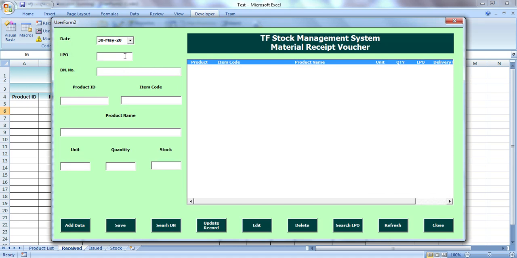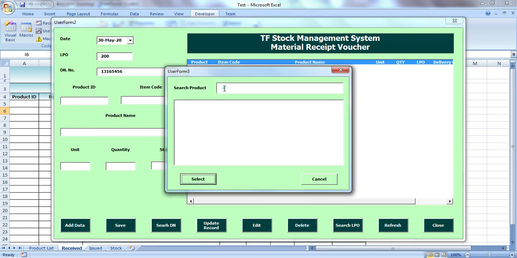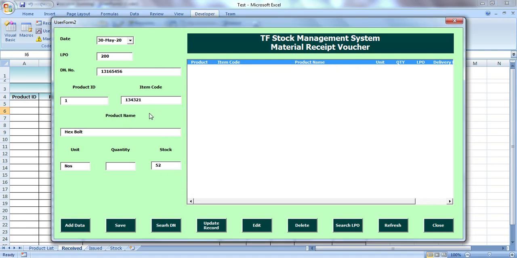First of all, I add the LPO number, and I will put some delivery note number. This tab we will set. I will show you how to set the tab also, the tab index. So for product ID I will enter 3, and I will also show you how we can add a search here for any product, and we can select it and enter it here. Then I enter the quantity